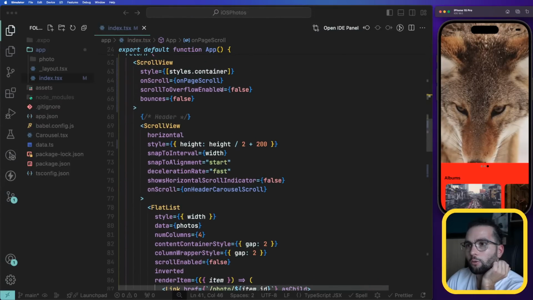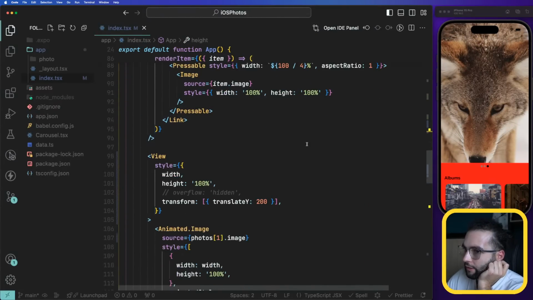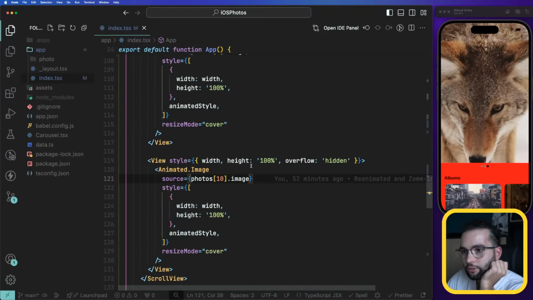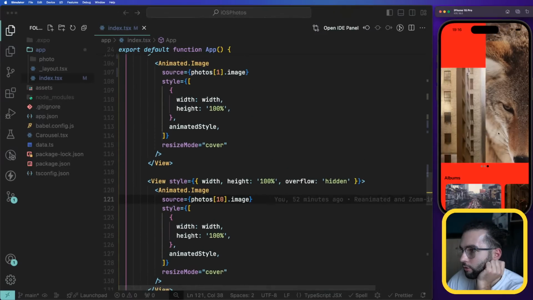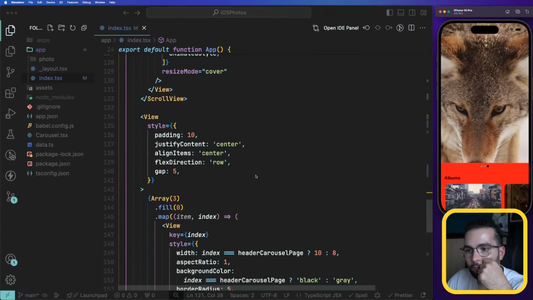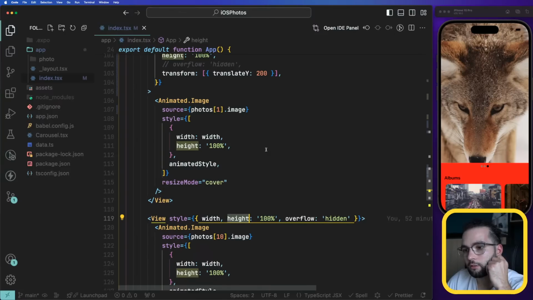What's happening there? What did I change here? Okay, here I did plus 200, and then for the image, for the second one here, I did something with height,